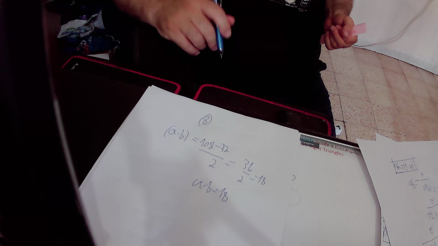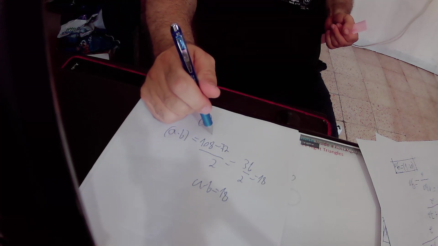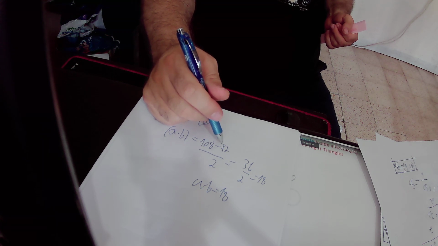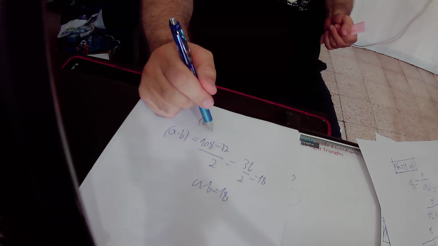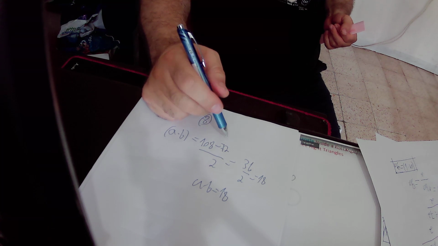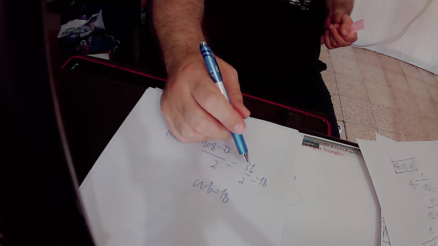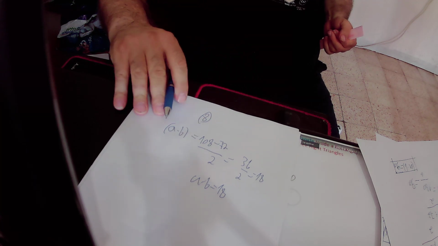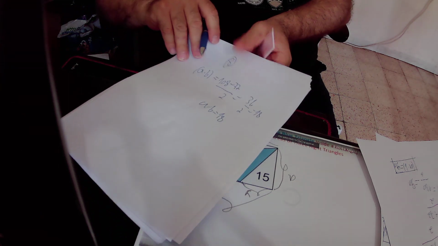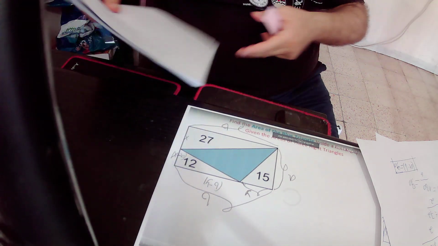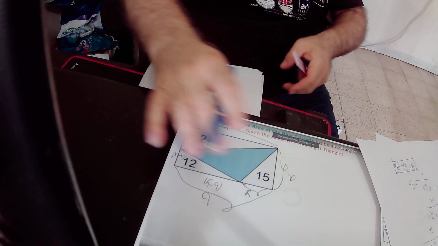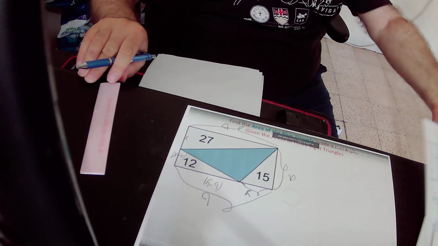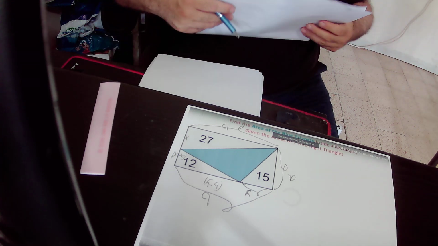So the second solution is minus B minus what we have in the root, and what we have in the root is 72. So 108 minus 72 equals 36, and 36 divided by 2 is 18. So we have the answer that the area of this rectangle is 18 units. But this answer is incorrect,